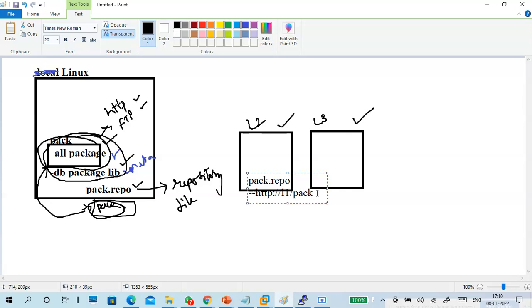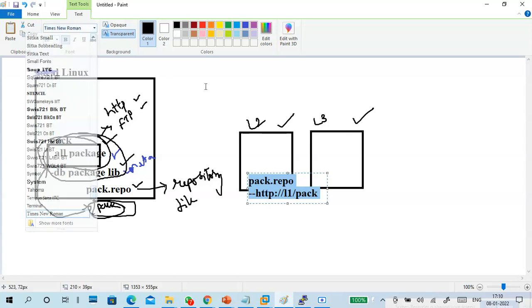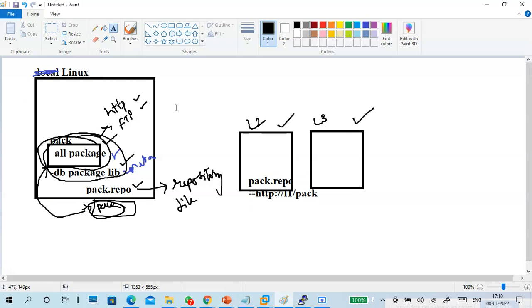So what I said, I created a pack.repo and I told where the packages are available and which service you can use to access them. I told that packages are available here, accessed with the HTTP service.